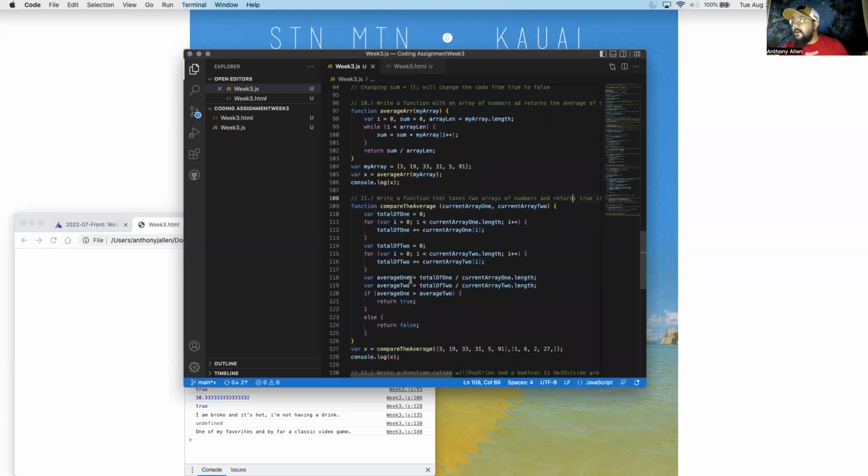And then for the next one, write a function that takes two arrays of numbers and returns true. I just use the function compare the average, current array one, current array two, variable total of one, a total of two, and that. And in this one, it was like if average one is greater than average two, then return it as true. Else it will return as false. In this case,